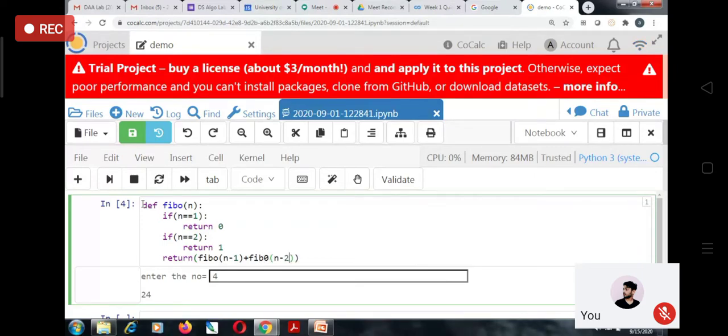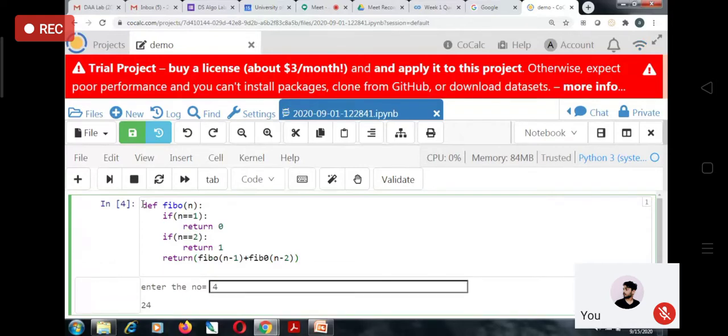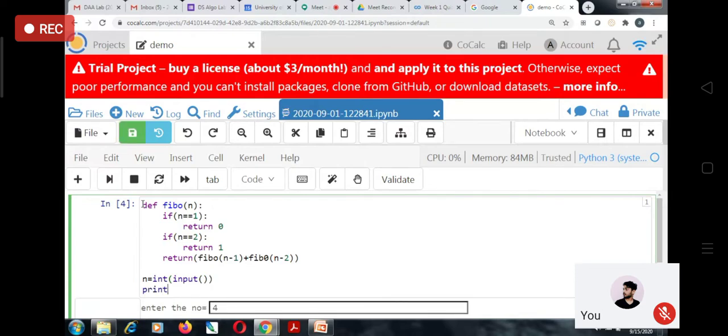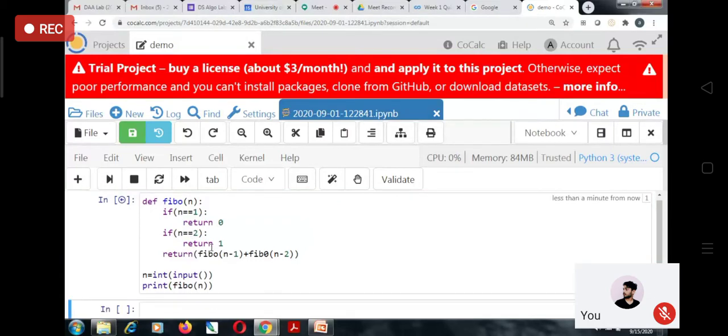This is the recursive formula for the Fibonacci series. Let's again take n as a user input and print the nth term, where we are just calling the function, right? Let's see what this prints.